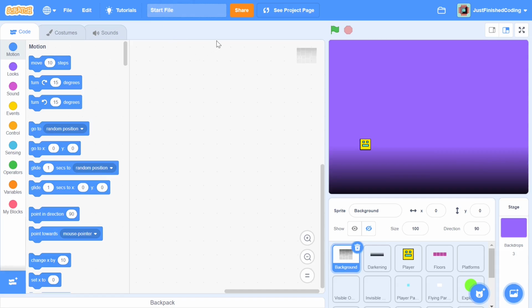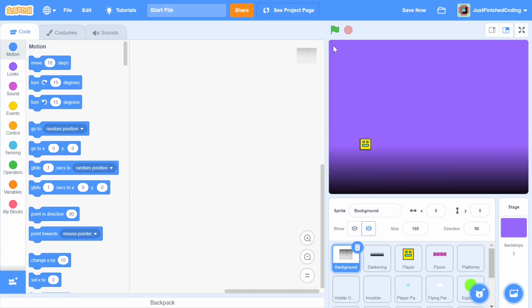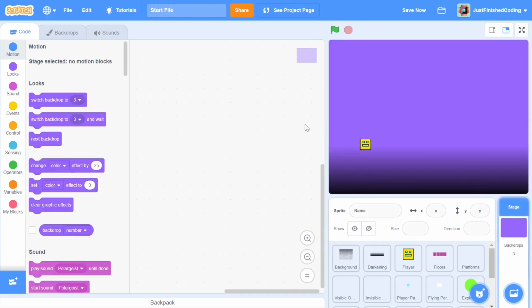Once you have this in place, we can start the code. In this video, what we'll be doing is making sure that the background is scrolling, and I know you can't see the background yet, and I will click show just to show it for a second, and basically we'll see it scrolling around the screen. So let me hide it back and let's start this off in the stage.